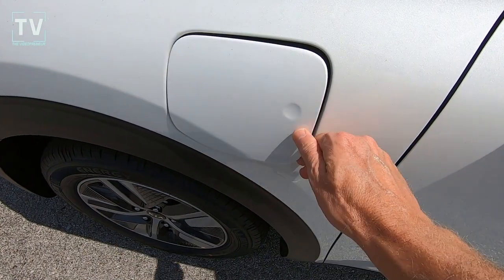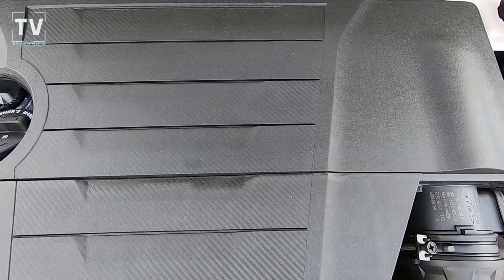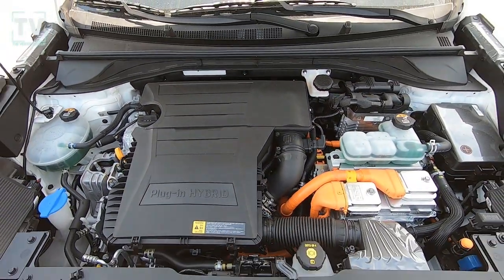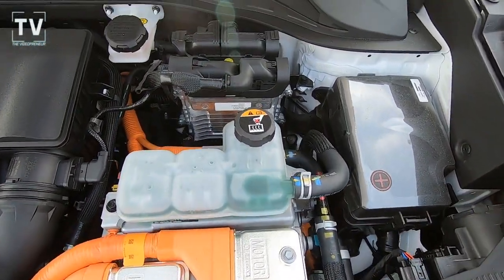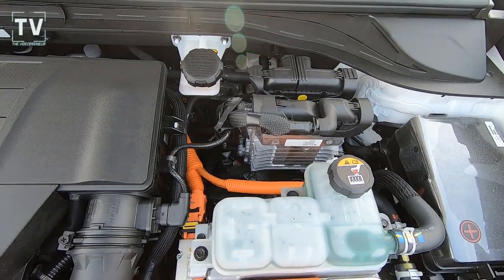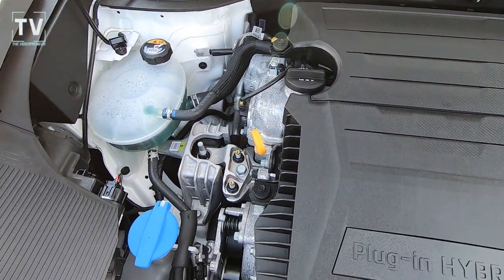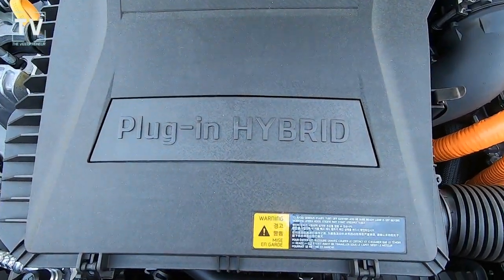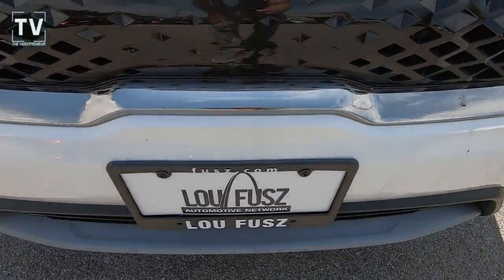And the engine is a 1.6 liter GDI 4-cylinder engine with a 60 horse electric motor. It's an 8.9 kilowatt lithium ion polymer battery. Really a clean installation here. It has 141 horsepower, 6-speed quick shift automatic with sport mode, idle stop start go system,